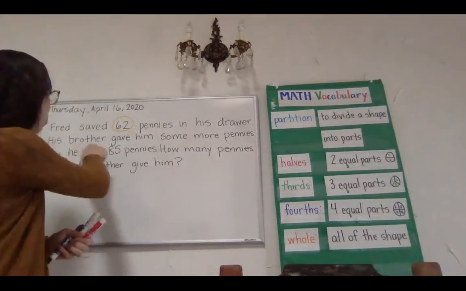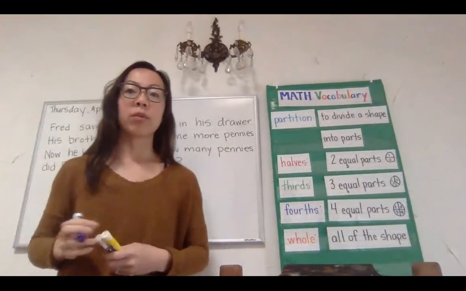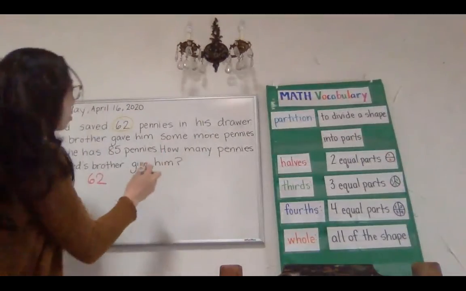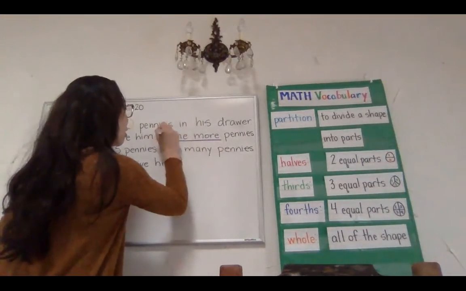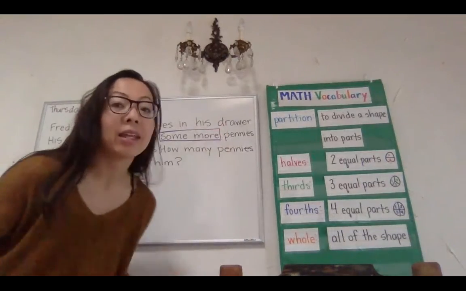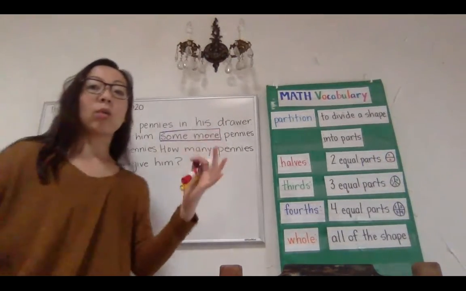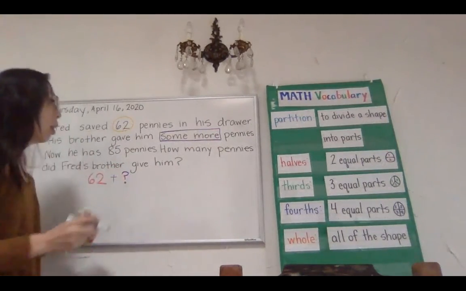Okay, his brother gave him some more. Scholars, we know what that word some means. It means we have no idea how much. So that is a big question mark. Some more tells us we're adding because there's more, but we don't know how much we're adding. So let's put our question mark in. All right,